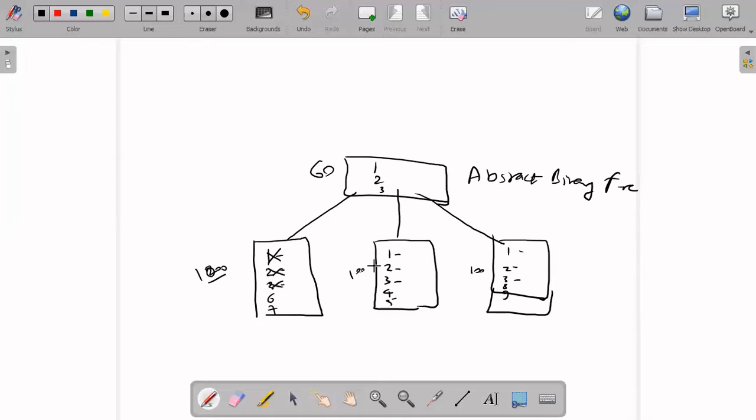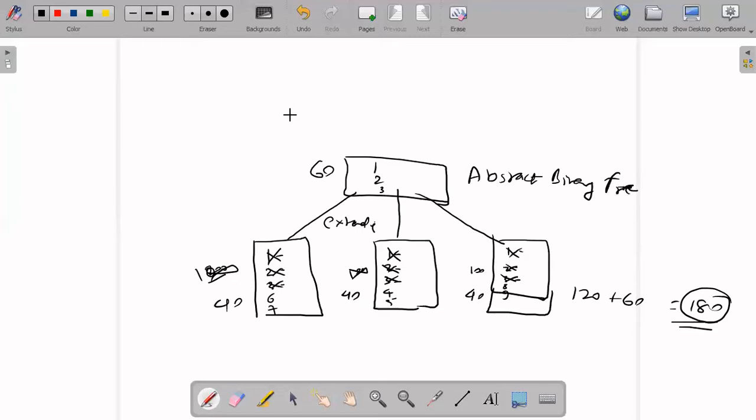So all three will be reduced: 40 lines here, 40 lines here, 40 lines here. So 120 plus 60, 180 lines of code I have now written and achieved the same functionality. And here I'm just extending the abstract binary tree. I have not used the interface till now. So the number of lines of code reduced from 300 to 180.